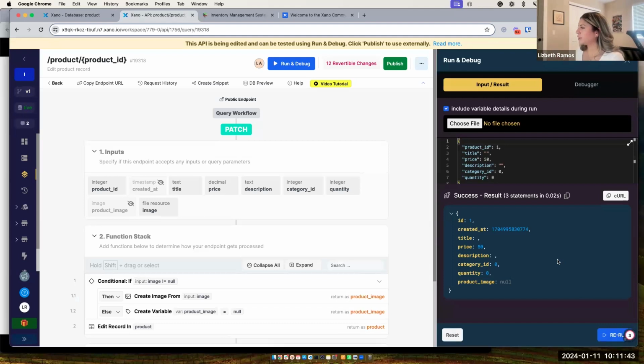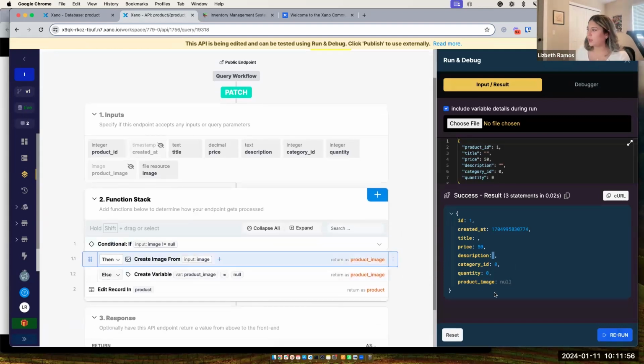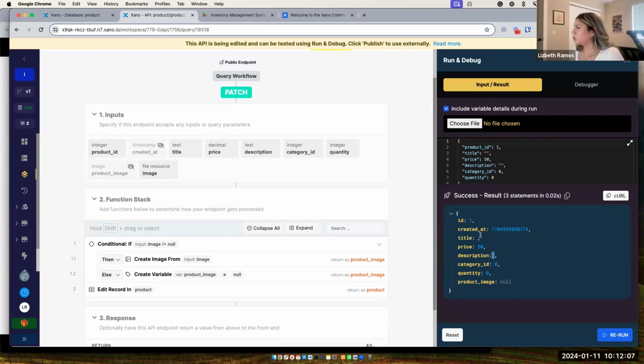We have a couple of things that are missing. Our title isn't there. The price did get changed. The description is gone. Everything is gone, right? We have this product image here that is null. So let's start to debug what could be happening. In order for us to be able to edit this product successfully, we are going to have to check to see if the user is